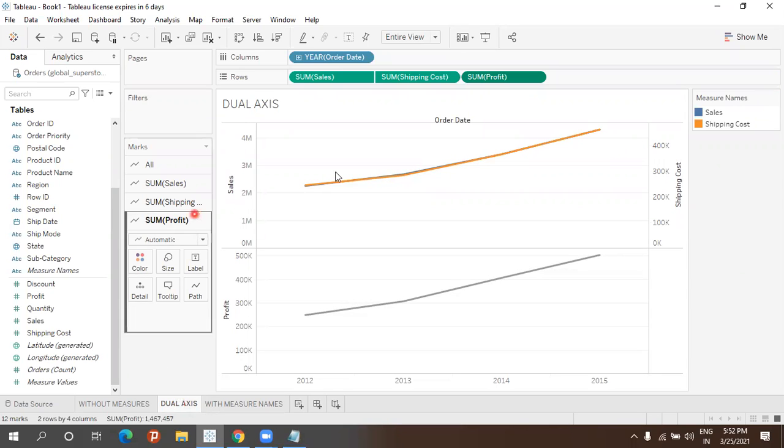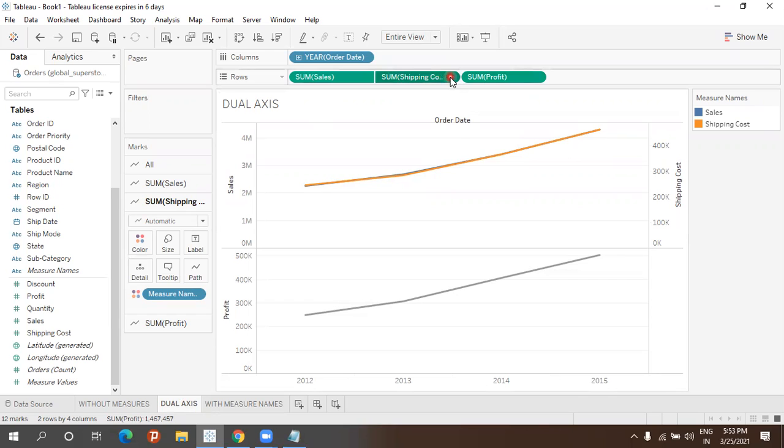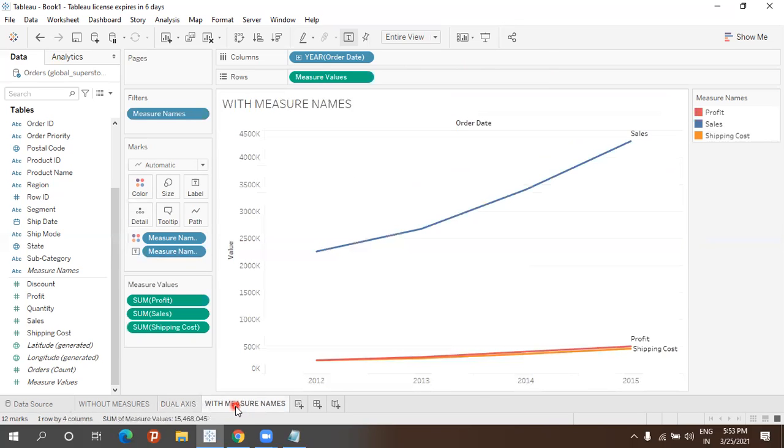As a dual axis. We did the dual axis, and it will not work for the first one, only for the second one, because that will be done together as a dual axis. And for the third one, we failed to show it. We have to combine all three together into one thing. So when two, dual axis will help us, but three, it will not help us. When three, or more than three, who will help us? Only measure names can help us, for more than two: 3, 4, 5, 6.